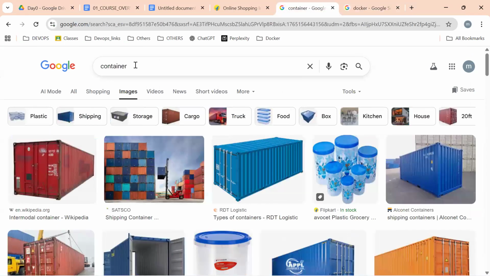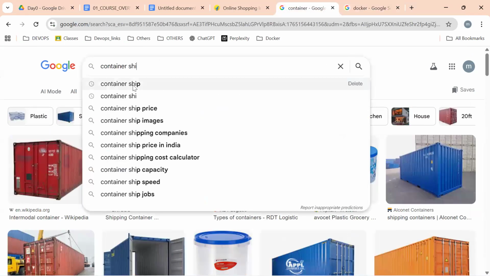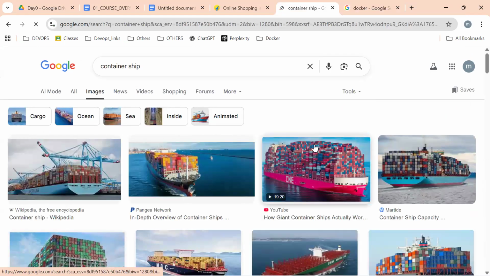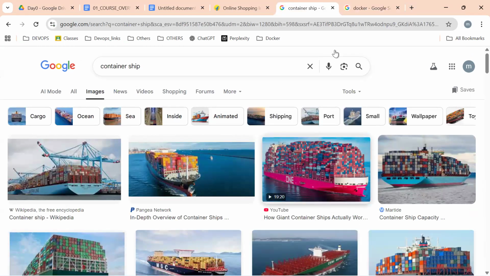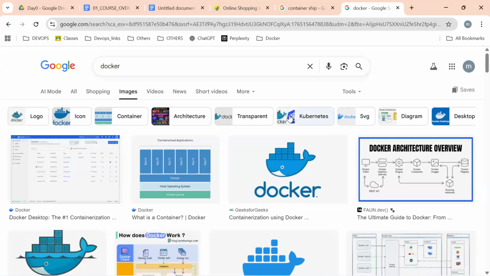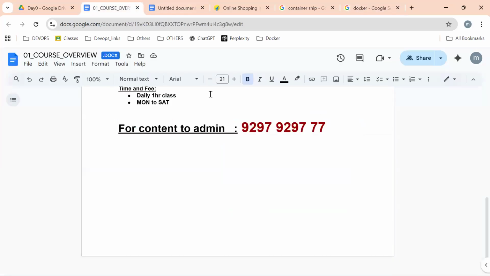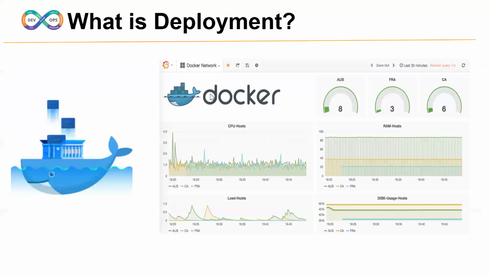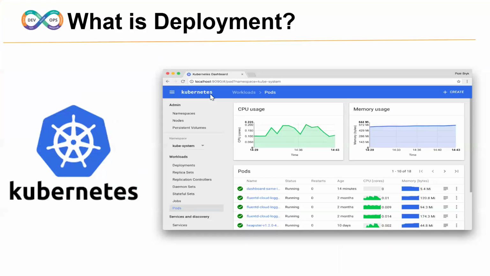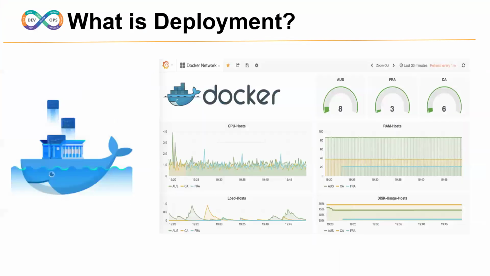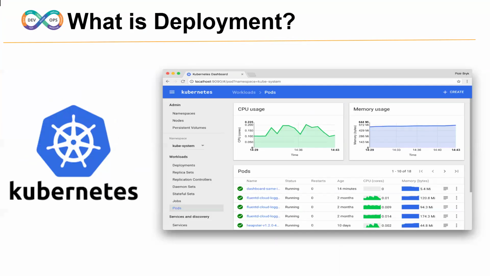How exactly can these containers be managed? How can all these containers be managed by a single ship? The same way, all our Docker containers can be managed by Kubernetes. Kubernetes is just like a ship. We can manage and control n number of containers. By using Docker, we can place our websites very easily, and these Docker containers can be managed or controlled by Kubernetes.